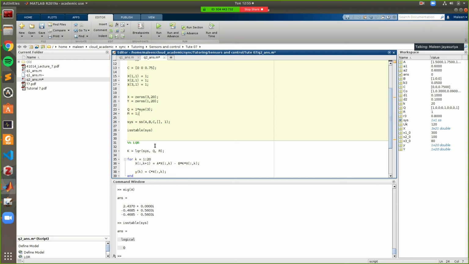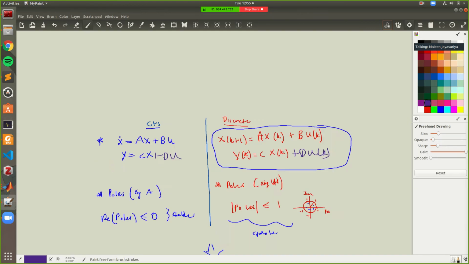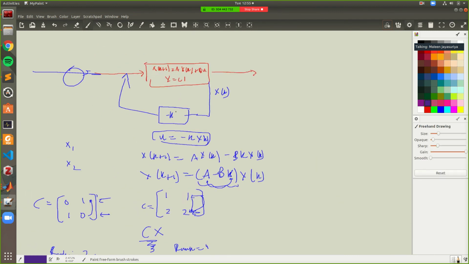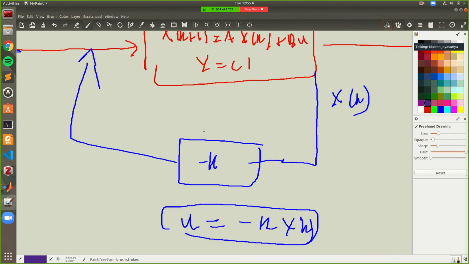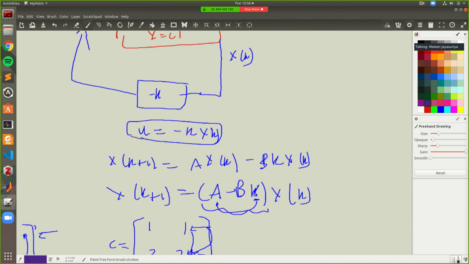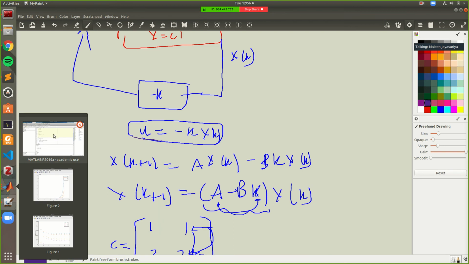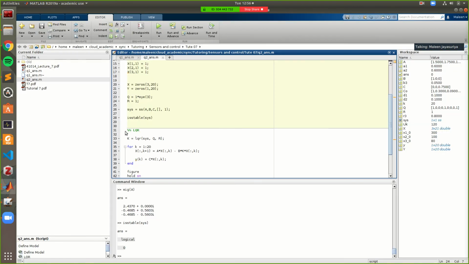And then, instead of the open loop system that we just saw, we create a closed loop system like this. In a closed loop system, the equation is our input becomes equal to minus Kx. So instead of an open loop system where we didn't have feedback, now we have this feedback in this K matrix.